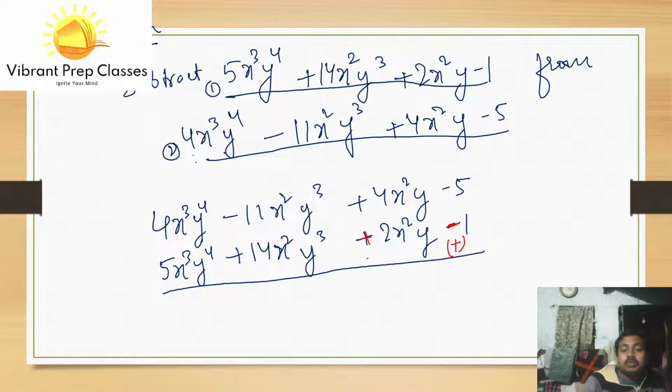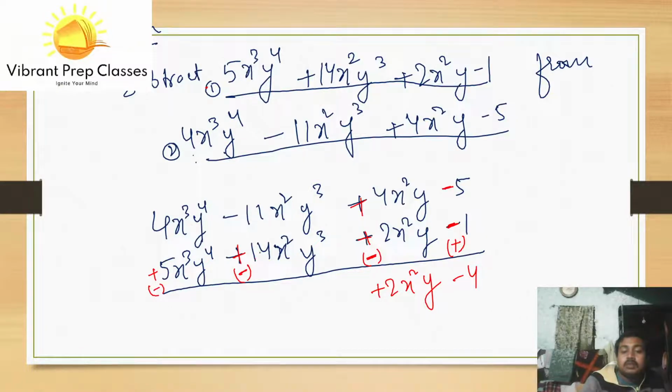Here is plus, we'll change the sign. Here is again plus, so we'll change the sign. Here is again plus, so we will change the sign. So we have to change the sign of the first one according to this. Okay, so that we see minus 5 and plus 1 becomes minus 4, plus 4 and plus 4, and we recognize by minus 2. Plus 4 minus 2 will be plus 2x square y